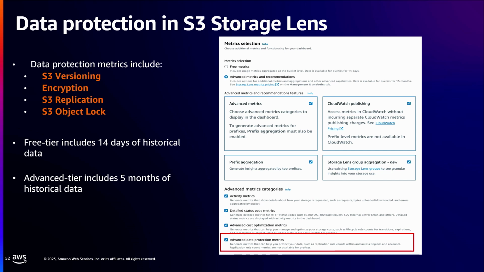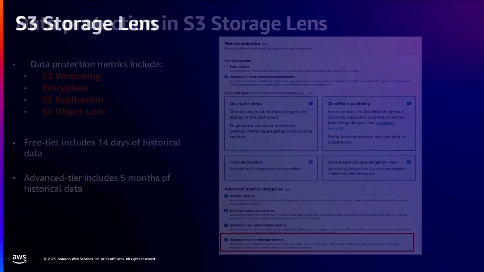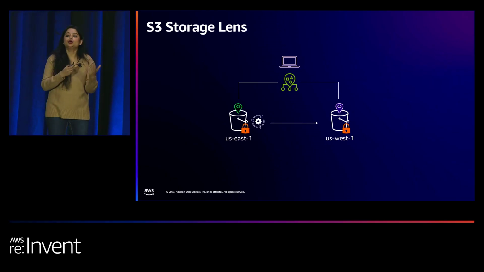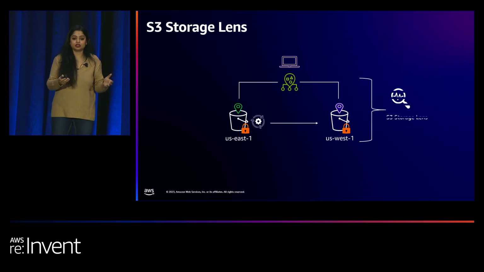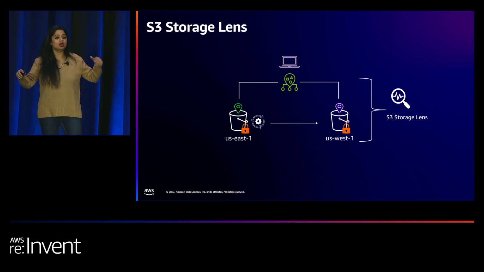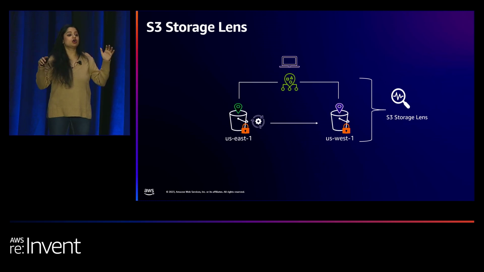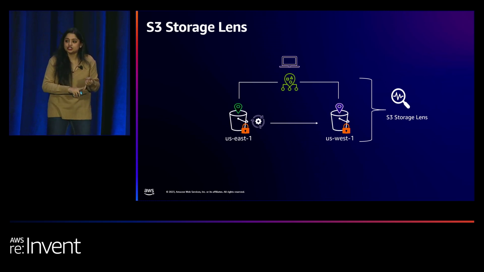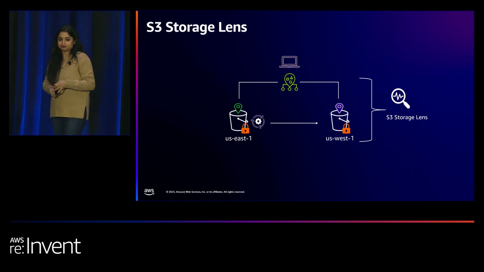But the important question here is, how does Storage Lens work with the existing data protection features on S3? And that is the cool thing here. All these features are layered smoothly on top of each other and work together to protect your data. And Storage Lens sits on top of this, and it can provide you a high-level view on an account level and an organization level to see the high-level protection for each of your buckets. And you can also drill down to get more information on a region, storage class, bucket, and prefix level.